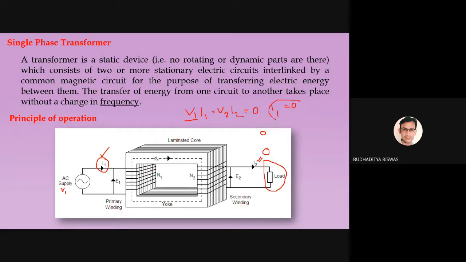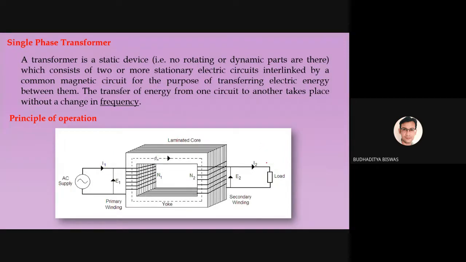This is the theoretical thing, that if the secondary is not connected with the load, there is no current flowing through this one. But in the case of a practical transformer, as you see, this is a winding, so the winding is closed, and if we apply some AC voltage across this winding, some AC current will flow through it, and this flux will be generated. Now to produce this flux, a very small amount of current will flow compared to the normal I1, and this current is called the no load current. Okay, so generally the no load current is very small, 3 to 5% of the full load current. What is the meaning of this one?